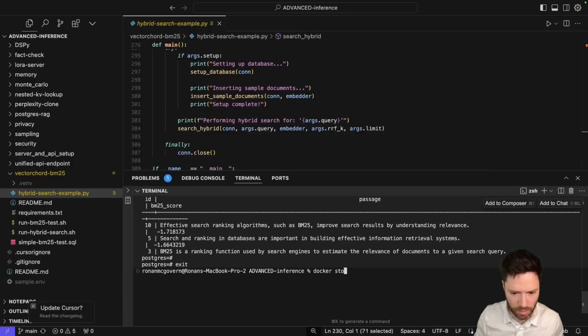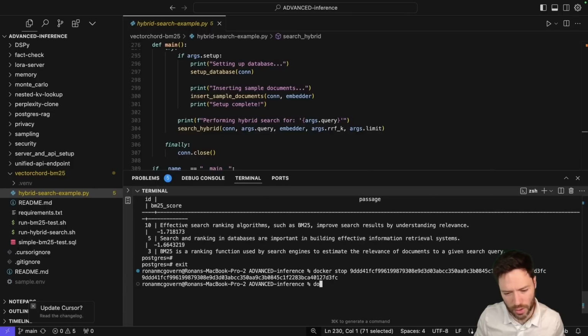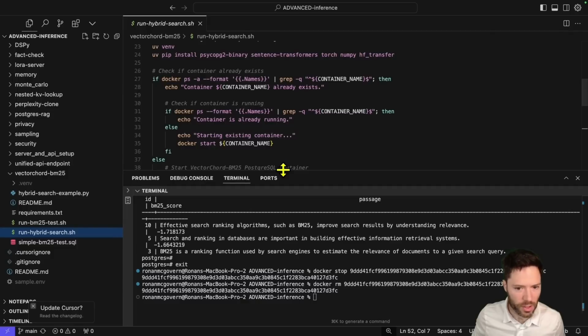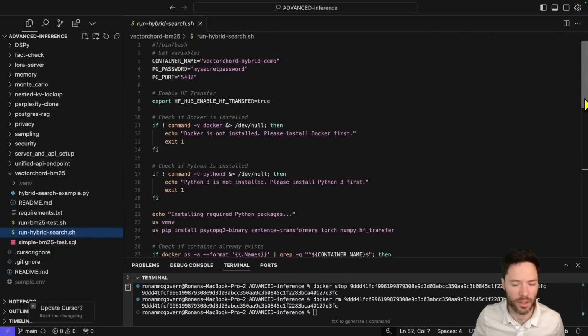Let's do Docker stop. You don't have to do this. You could figure out a way to just use the same Docker image, but I want to run it exactly the way you would run it. And to do that, I'm going to start up a fresh Docker instance using this script. So I'll start up a Docker container for VectorChord hybrid,